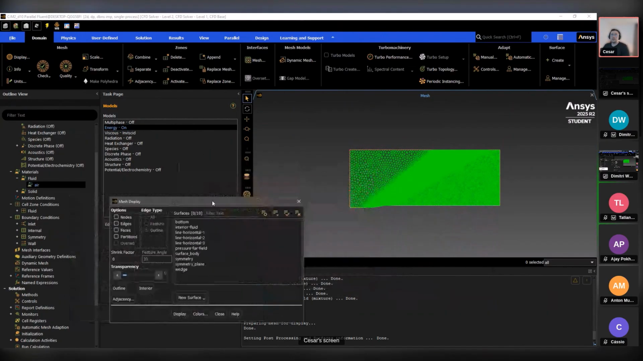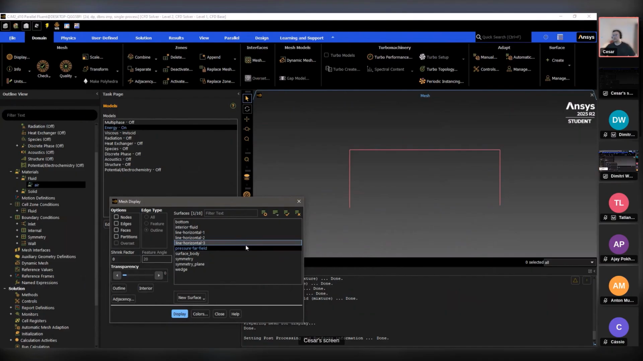So first of all, in the surrounding edges, we have a pressure far-field boundary condition, which is a non-reflective boundary condition, and this is quite ideal for solving supersonic flows. Then we have a symmetry condition because we are solving